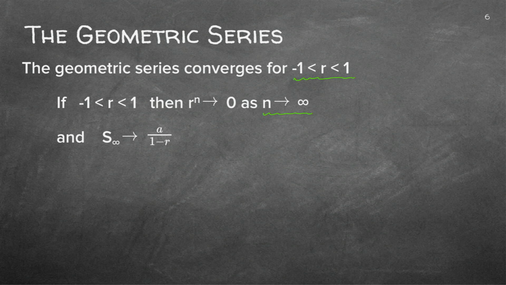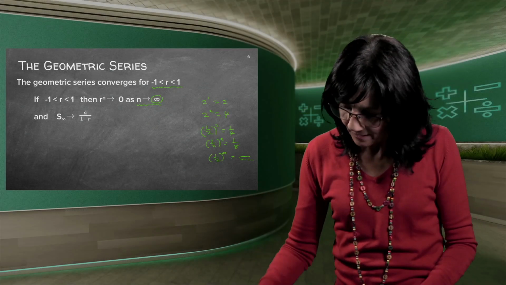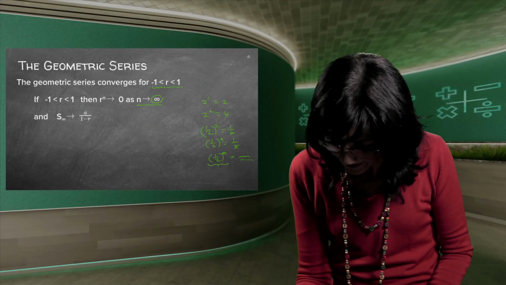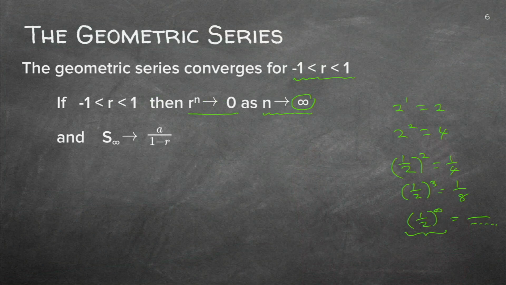Now, think of anything. If I have 2 to the power of 1, the answer is 2. If I have 2 to the power of 2, the answer is 4. Now, let's do a half. If I have a half to the power of 2, it's just a quarter. If I have a half to the power of 3, it is an eighth. So I can carry on. So if I have that same fraction to the power of infinity, do you agree with me that the bottom will be so very, very big that in the end, my whole value will tend to 0? So my whole value to the power of n will tend to 0.